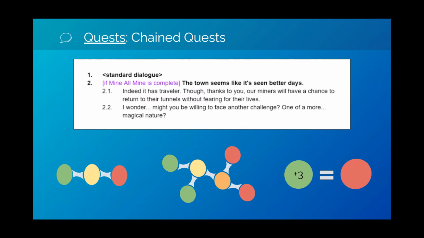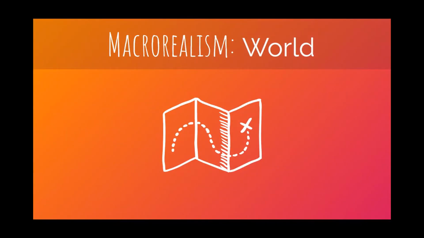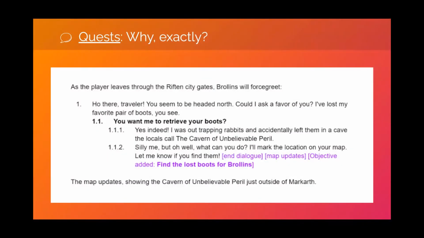So let's talk about macrorealism. This is the world space. A lot of this is not up to you. A lot of the true world space is up to your leads and the head of the project. Things like, what biomes are you in? How close are cities to each other? You have to work with that, but you don't get to decide it. The big thing for macrorealism for me is why. Why are these things happening?